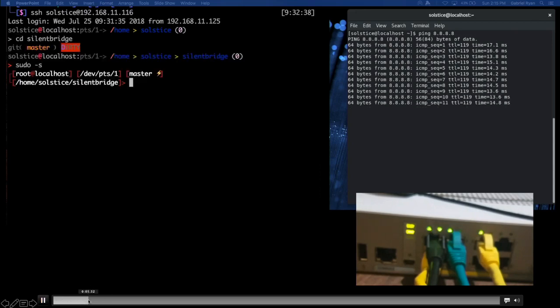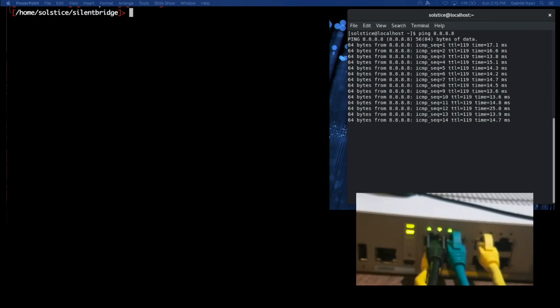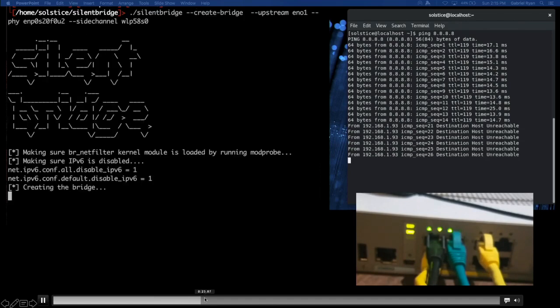So right, we're going to SSH into the device here. I'm just going to speed through that a little bit. And the first thing we're going to do is set up that passive bypass, and that will let us passively collect the meta information that we need to set up the full interaction. So we're going to create the bridge. It's just a simple command. You run it like this, and you